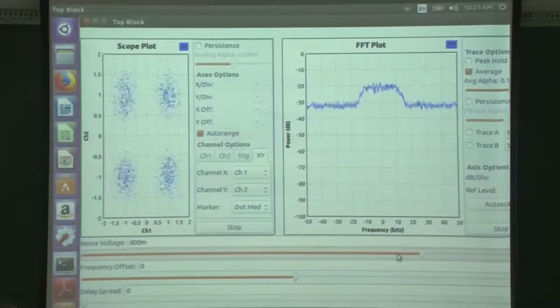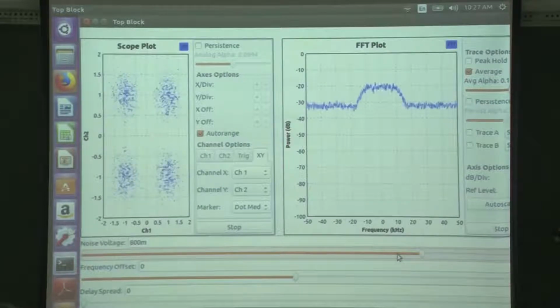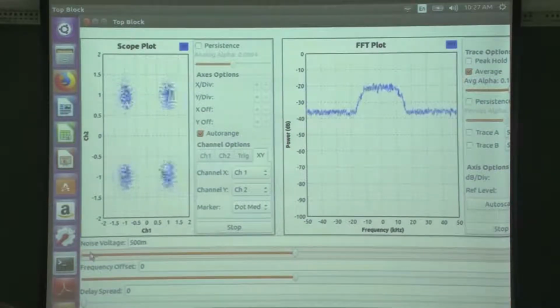So each point gets distorted by the addition of noise, and then it will be difficult for you to tell which point you are in this detection problem. So this is the effect of noise on the system. But what we are more interested in is the effect of